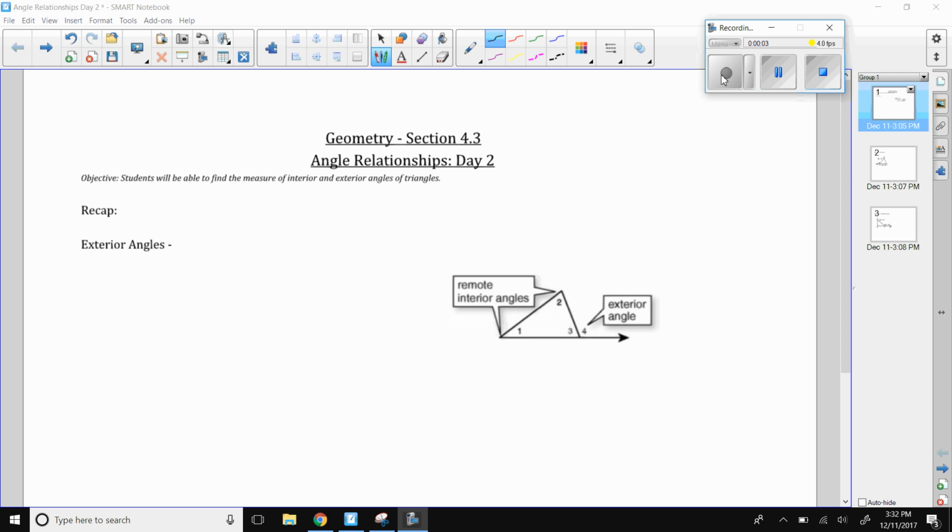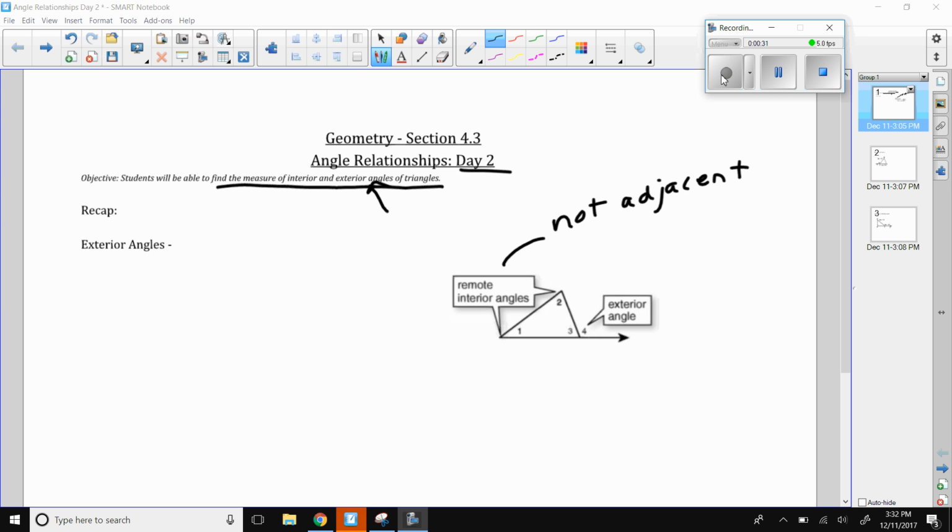Okay, so earlier we discussed angle relationships. Day one, what we're trying to do is be able to find the measure of interior and exterior angles of triangles, specifically exterior angles as we know them here in relationship to your remote interior. Remember, your remote interior angles are not adjacent